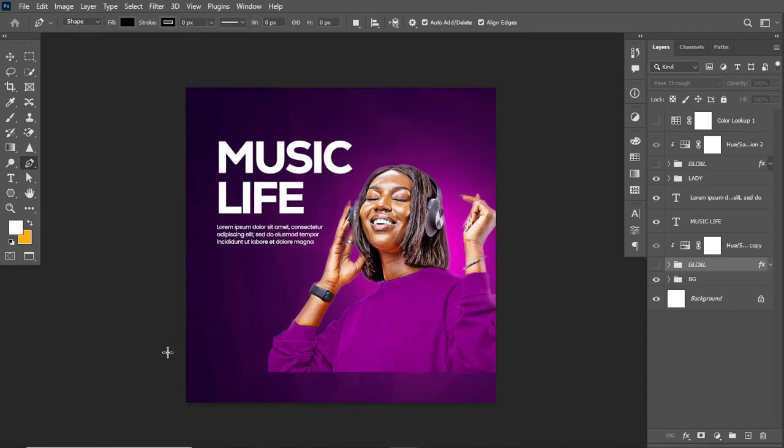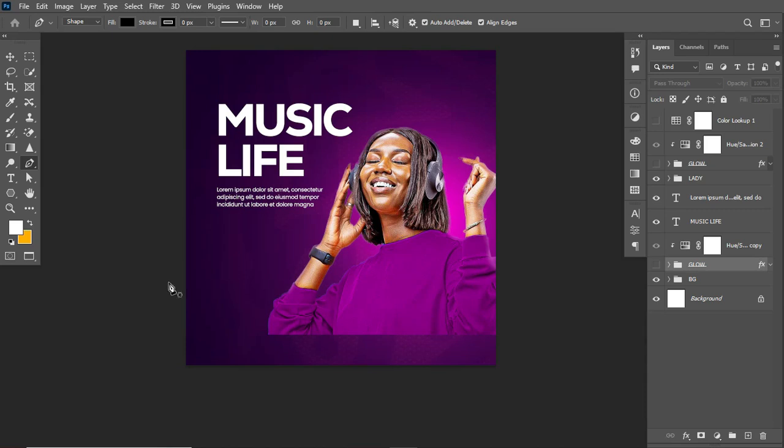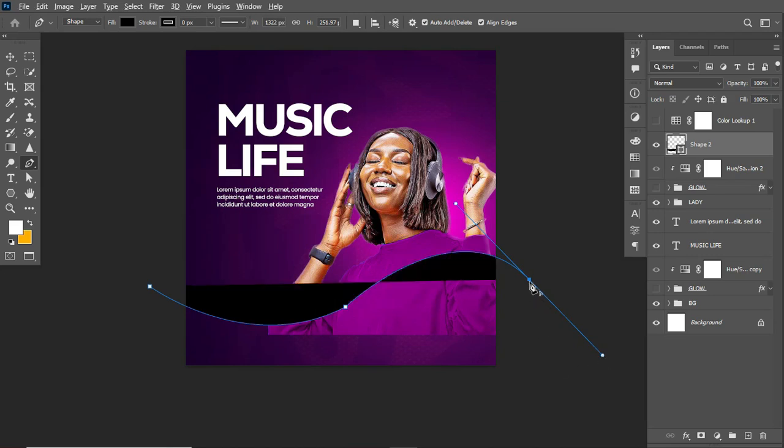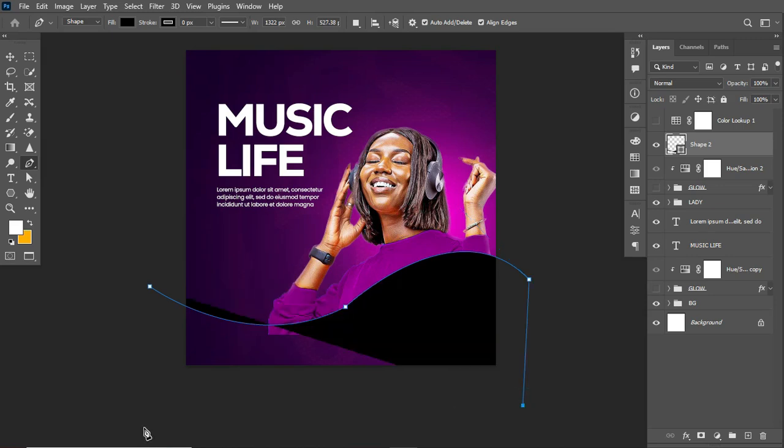All you have to do is head over into your canvas with your pen tool selected. So you come over here, left click, and come over here, left click and drag to create a curve of this nature. Okay, and coming over here, holding Alt, break this, and left click to create a curve that extends this way. Okay, so you can hold Alt to break this by left clicking,